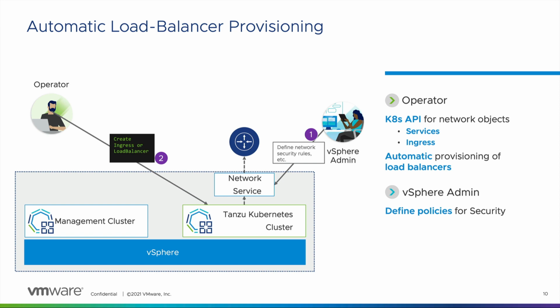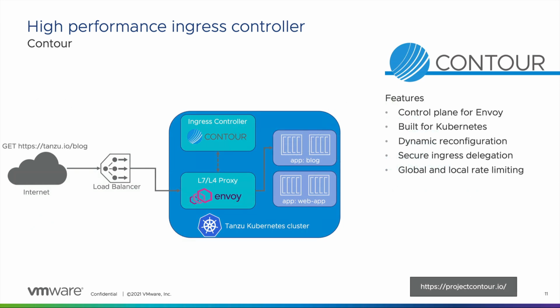or NSX-T. IP address space is valuable, and that's why many people choose to perform load balancing at layer 7. This gives the operator the ability to use only one IP address, but route to multiple or even hundreds of different application endpoints using that one load balancer. Contour is an open source project that comes with full support in Tanzu Standard Edition. Contour uses Envoy, another highly regarded open source project, as its control plane and provides dynamic reconfiguration and secure ingress